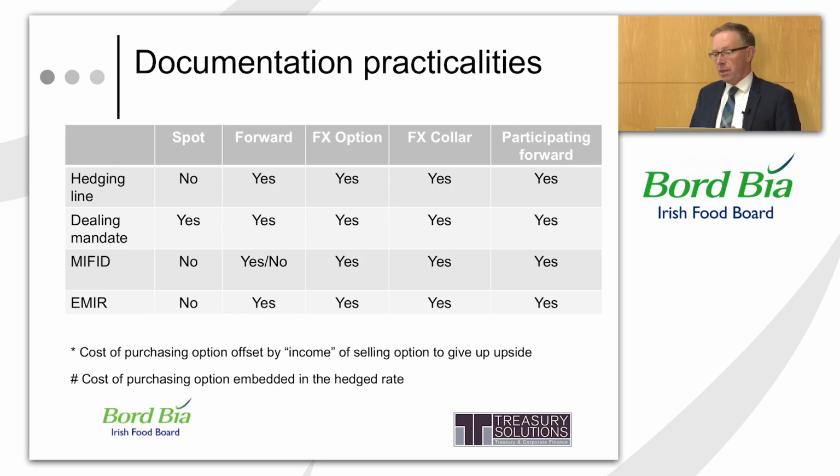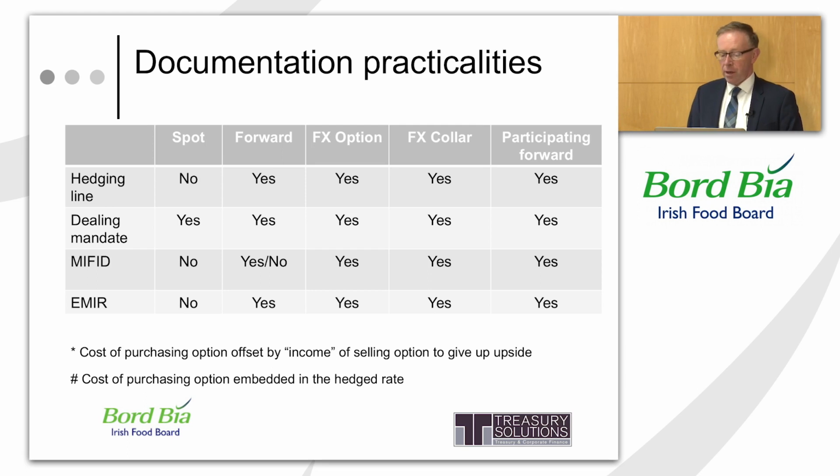A dealing mandate is basically an agreement between the bank or the currency provider and you, which says these are the types of transactions you can enter into. Is it forward? Is it spot? Are you allowed to do currencies? Who's allowed to enter into the transactions? Are there limits on it? So you might find, for example, you have a financial controller and a financial accountant below that person. You could have a mandate that says the financial accountant can do spot deals up to 100,000 but can't do forward deals. However, the financial controller can do spot deals up to 1 million and forward contracts up to 1 million. So you can differentiate who can deal and also the levels at which they can deal.